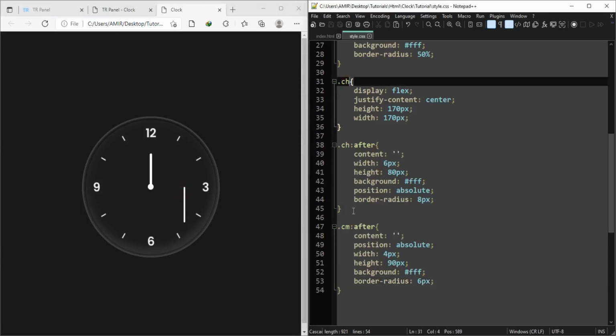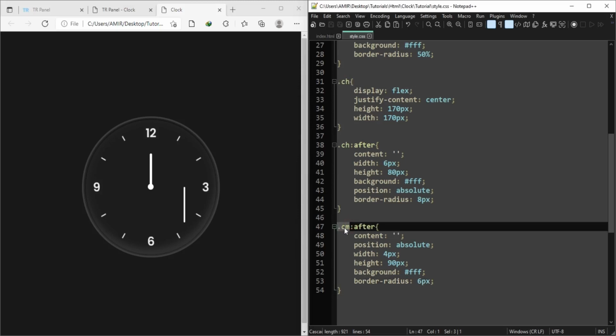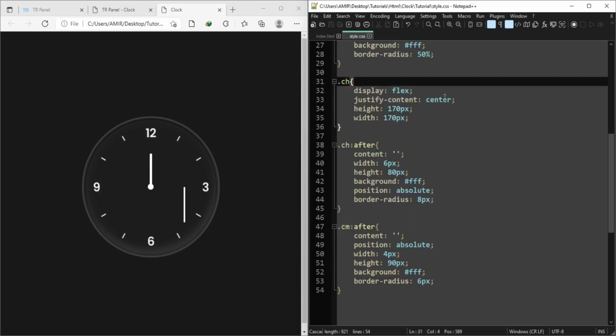So you can also add this class here. It will make it go to the center. You can see now it is not in the center. It is in the center, but not this center. It is vertically centered but not horizontally centered.